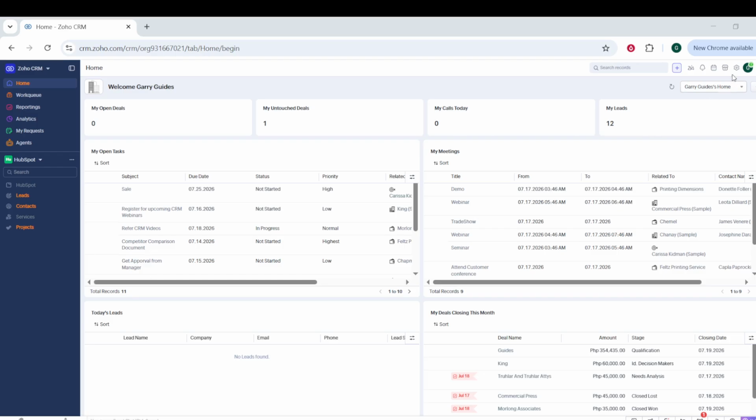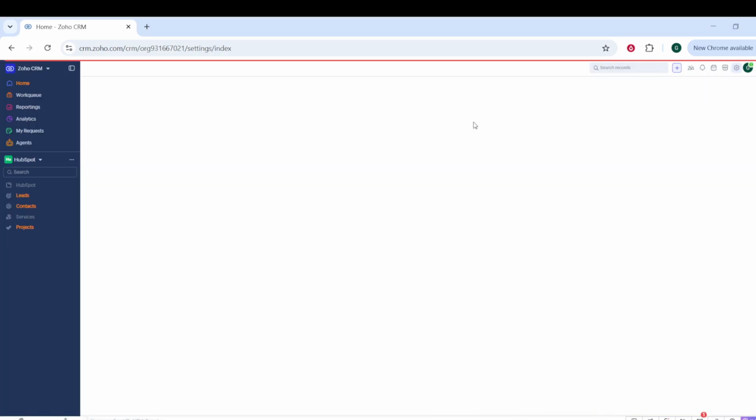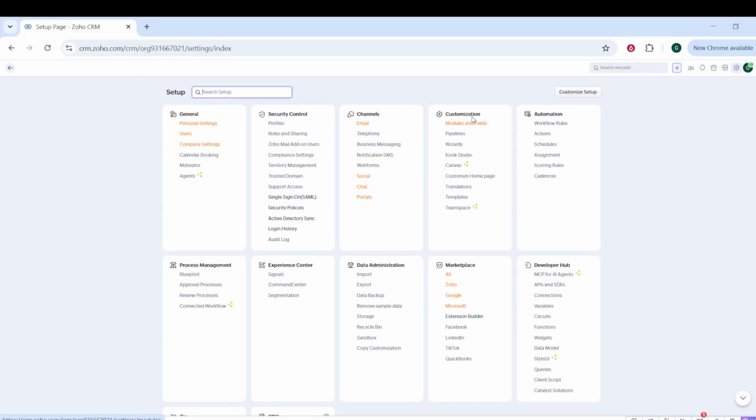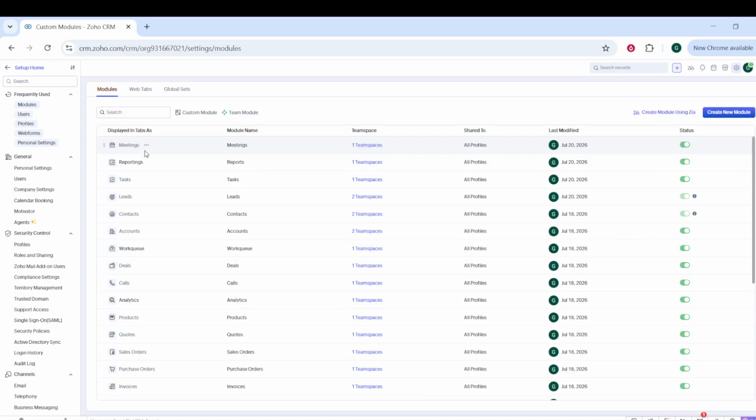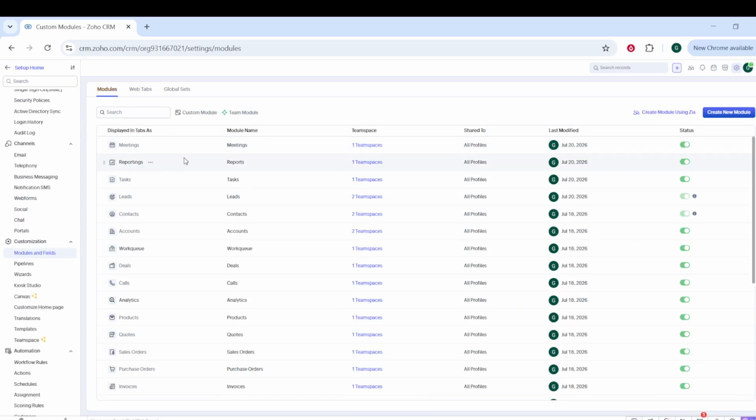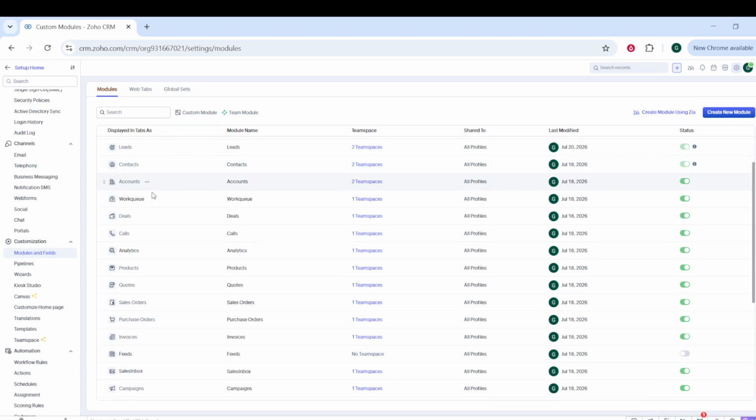To begin, go to Setup. From there, look for the section called Customization, and then open Modules and Fields. This is the area where you can control how records are structured in Zoho CRM. Spend a moment thinking about what information is truly important for your contacts, deals, or any other part of your workflow. For example, if a certain field will never apply to your business, removing it can make the system cleaner and easier to complete. If a field name is confusing, renaming it can also help your team understand what to